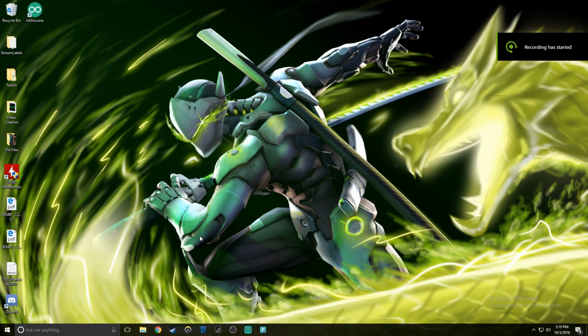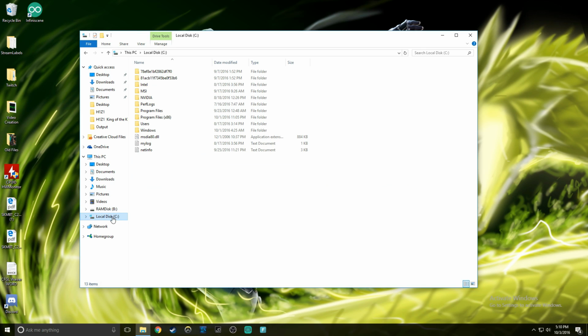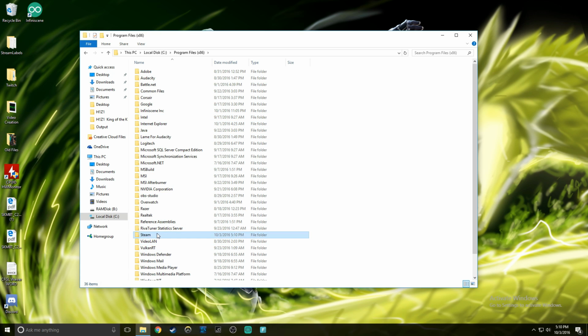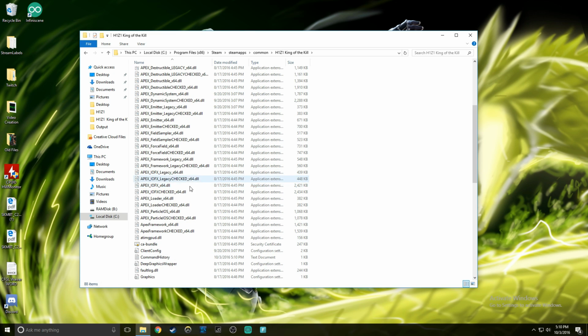Alright guys, we're back now to dig into the user options. I'm on Windows 10, so I just click down here, and I have mine in my recent files, but I'll show you guys how to get to this. You want to go to your local disk over here, then go to Program Files x86, go to Steam, and then go to Steam Apps, Common, H1Z1, King of the Kill, scroll all the way down,